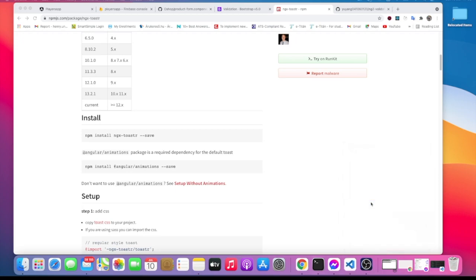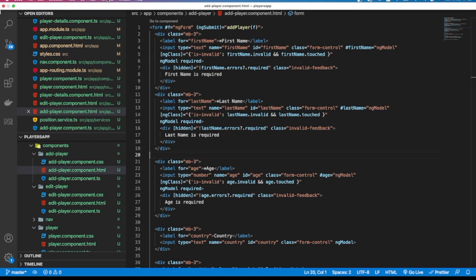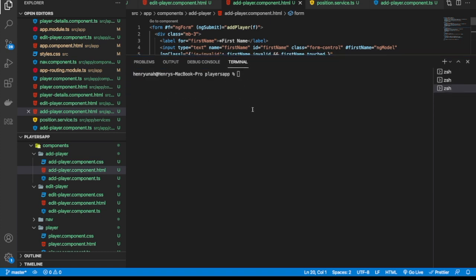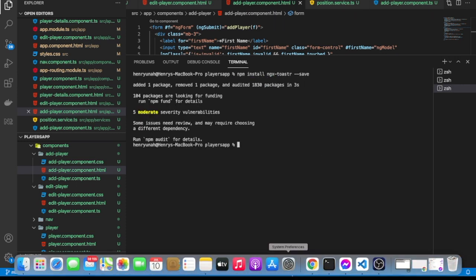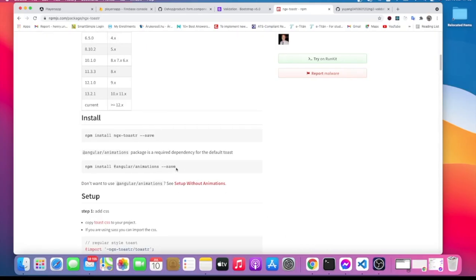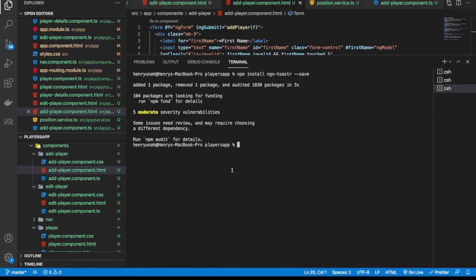Just going to open it. Yeah, so this is our project from where we left off in the last video. I'm going to add a new terminal here, and I'm going to paste that command to install the toast notification to our project. And also the next thing we want to do is bring in the animation. So I'm going to install animation to the project. I'm going to paste that, save,